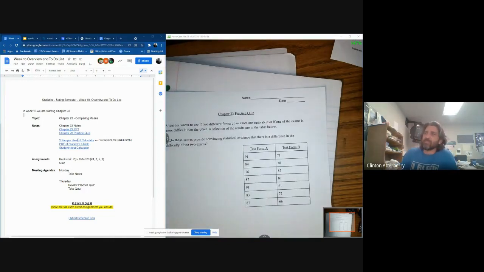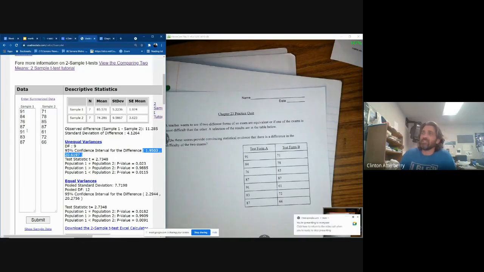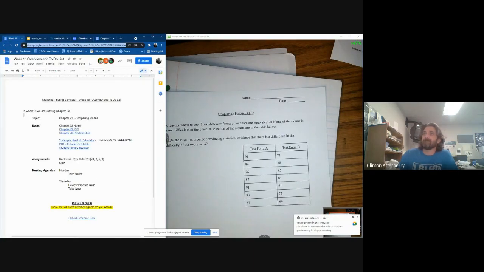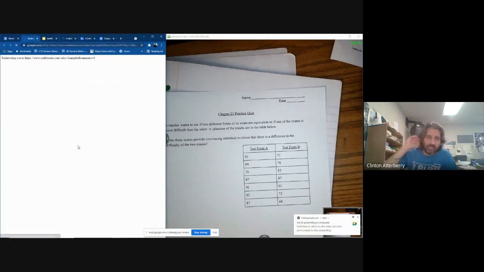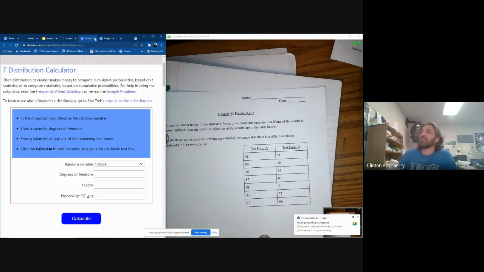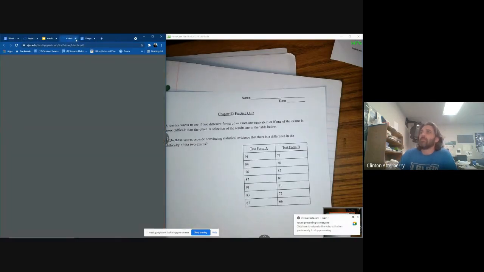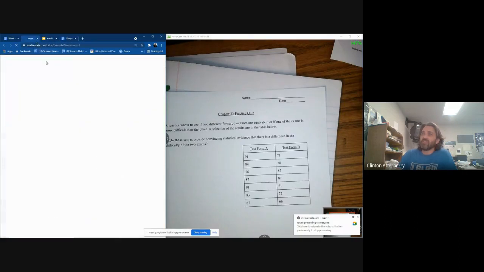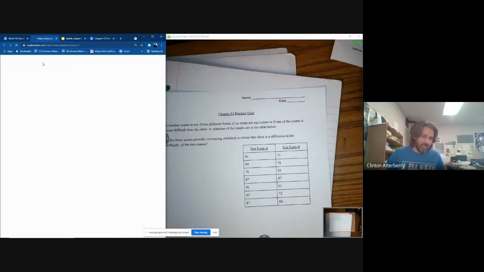Particularly, you will need a 2-sample t-test DF calculator. This thing right here will literally give you about everything that you need on this website. I'm going to go ahead and close it down and go back from the beginning. The 2-sample t-test calculator is really what you're going to need. Everything else here is helpful, but I found this calculator to be the most helpful. Okay. All right, so looking at this